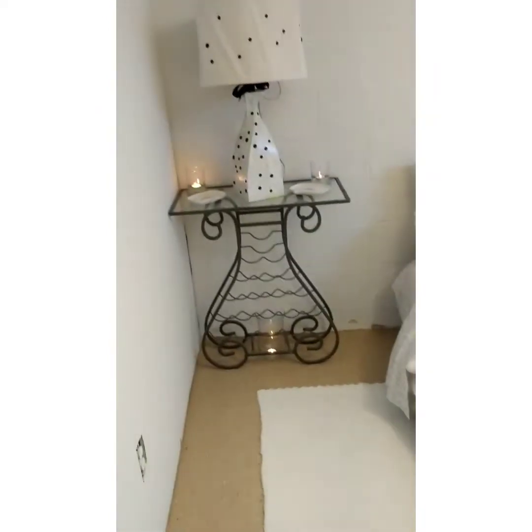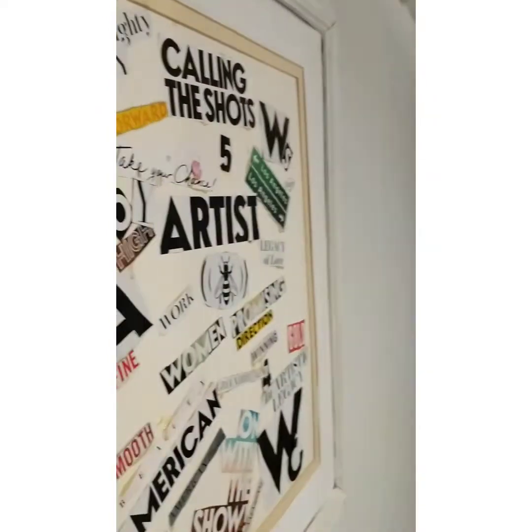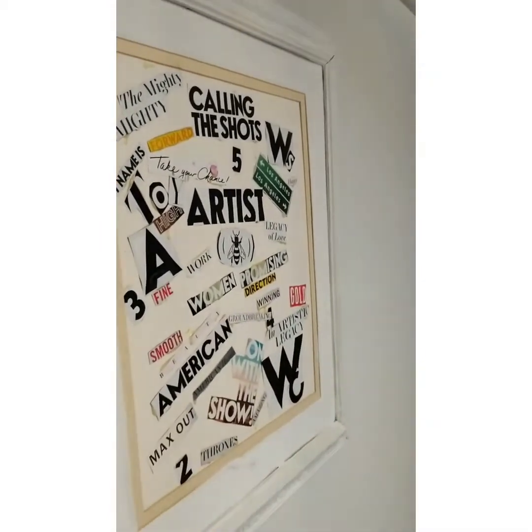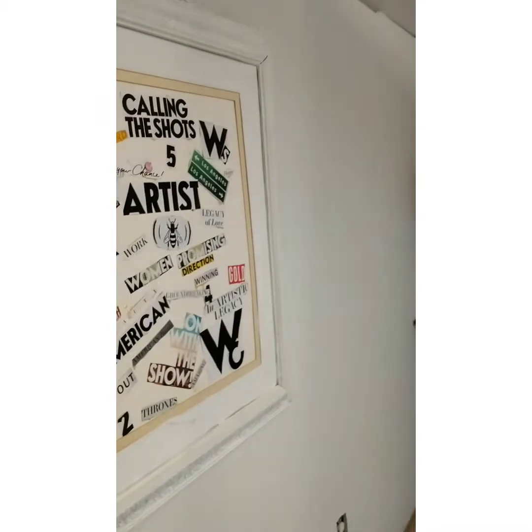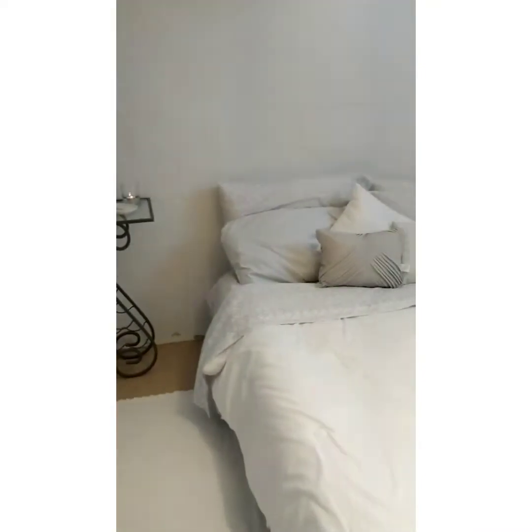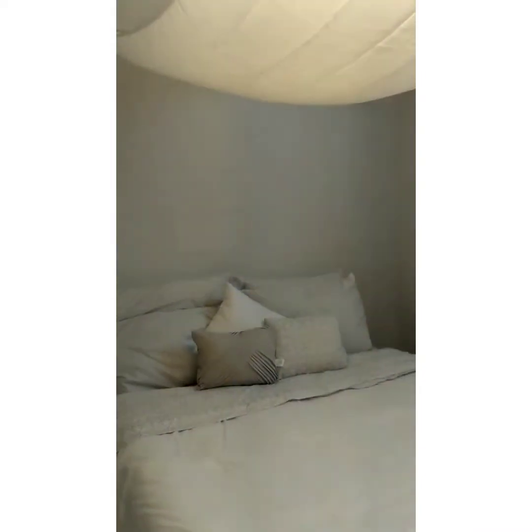What you see is a piece of old artwork. The glass was broken. I took the glass out. I painted the frame. I added affirmations in the frame, and all of the furnishings you'll see are from Habitat of Humanity. So all of this is used furniture that I've painted, spray painted, and the fabric